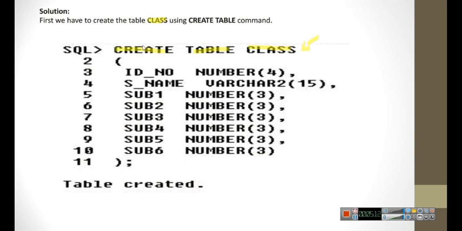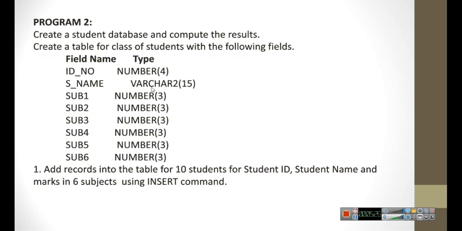Understood? Here you can see ID number, number of 4, comma, S name, that is student name, space varchar2 of 15, comma. Each and every field, whatever is given in the question, you are going to write it in the same way and put a comma there.